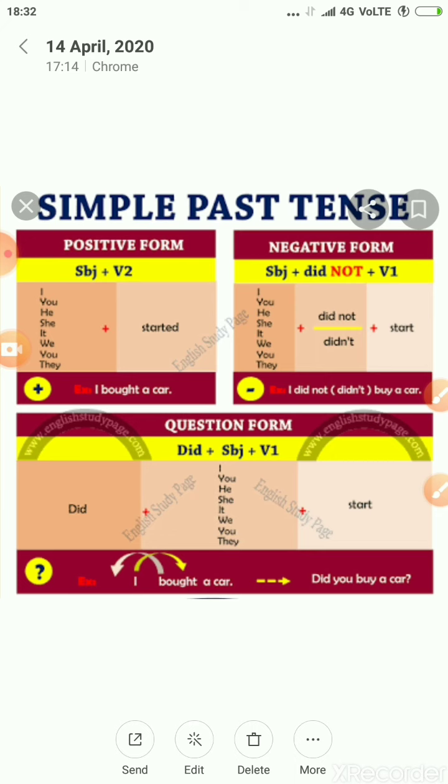Because "did" itself is V2, we cannot change the main verb to V2 form. So I'll tell you some examples. I did not go to America. She did not speak lie. I did not eat a chocolate. We did not